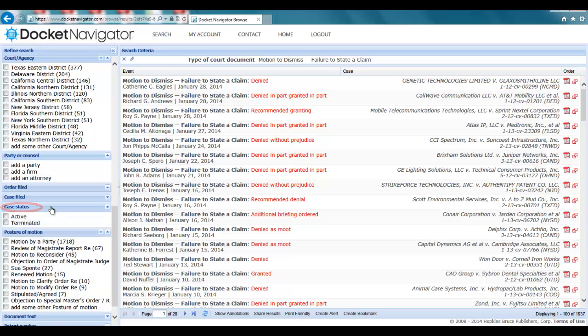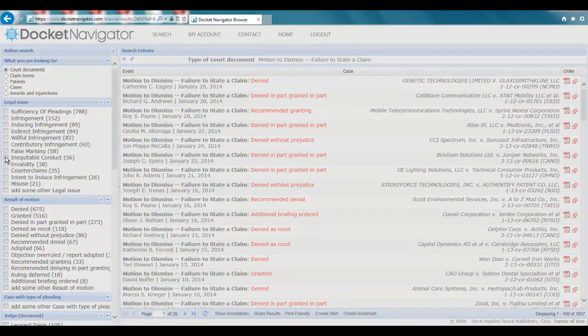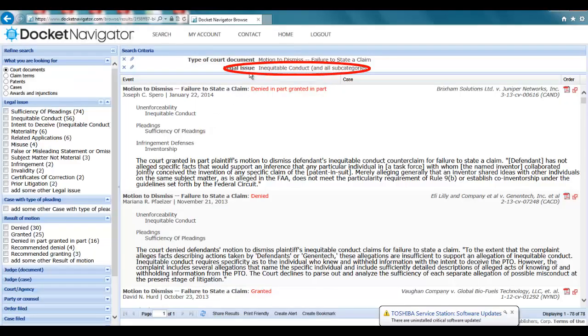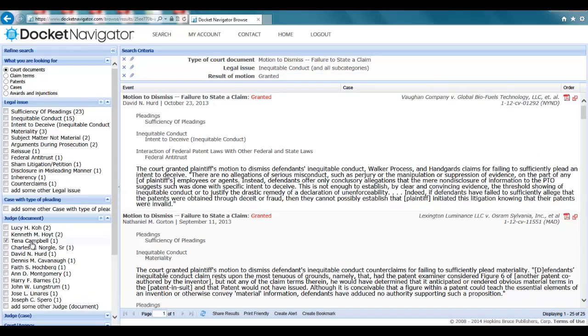Let's say, for example, that we just want to focus on orders on motions to dismiss for failure to state a claim that focus on the issue of inequitable conduct. Simply choose inequitable conduct as a legal issue by clicking the box next to it. Notice that it moves to the top of the page with the rest of your search criteria. You can edit or remove these criteria by clicking either the pencil icon to edit or the X to remove the filter. Let's also choose a result, as well as a judge